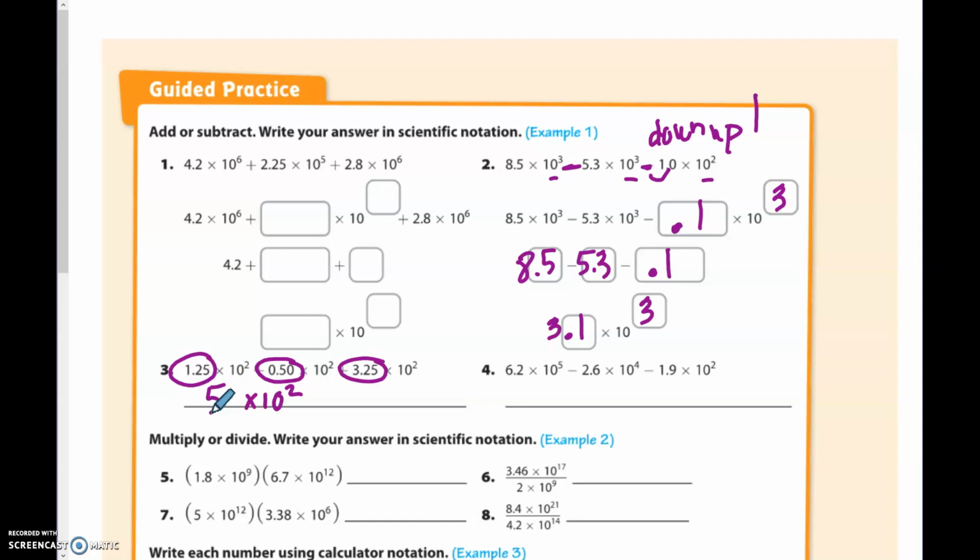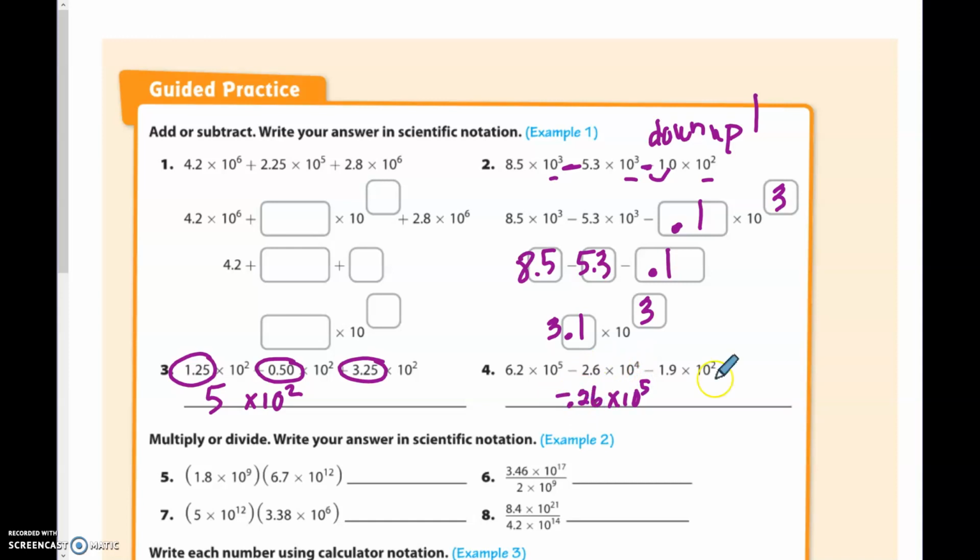See if you can do it on your own, and then come back and listen to the video to finish her up. All right, so we have a power of 5, a power of 4, and a power of 2. Okay, so we got to get those all the same. So I'm going to make this one go up by 1. So this is going to go down by 1, so it becomes minus 2 minus